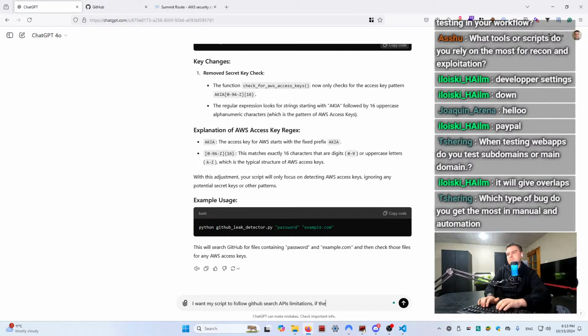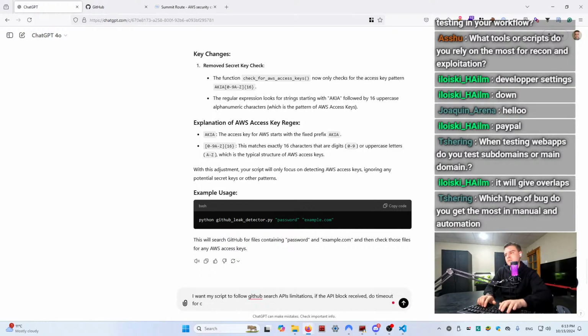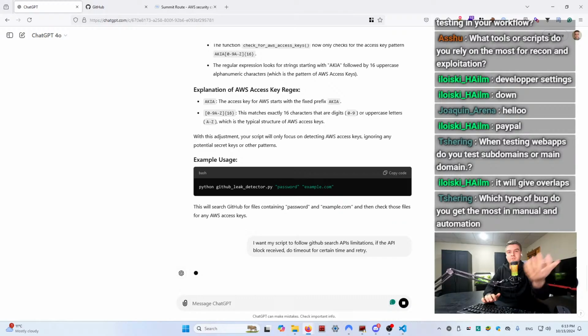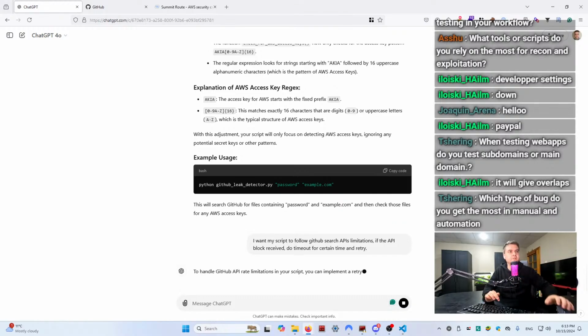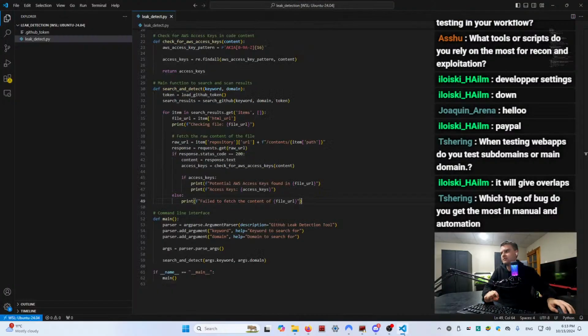If the API block is received, do a timeout for a certain time and retry. I will try to add some extra functionality right now, because what I think it's doing